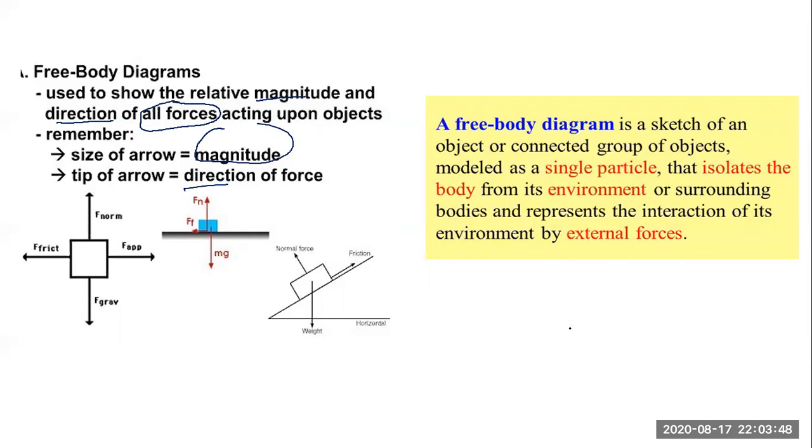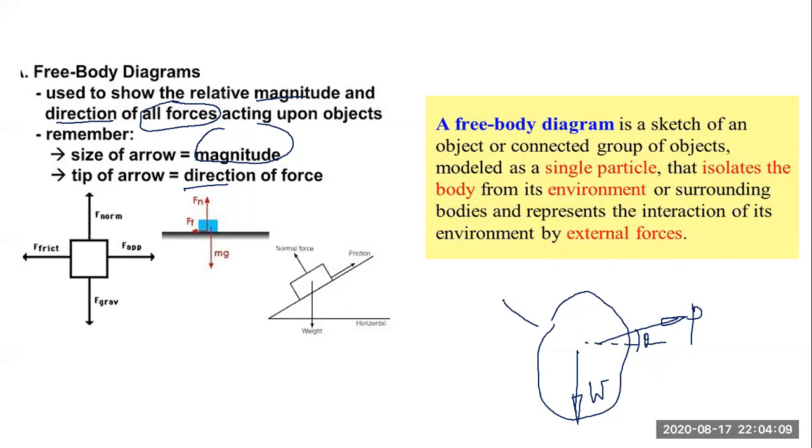Say this is a free body, and this is the force P at an angle theta, and the weight is W. And say another force is tension or any other force, say T. Now the length of the arrow may be used to indicate the magnitude of the force.